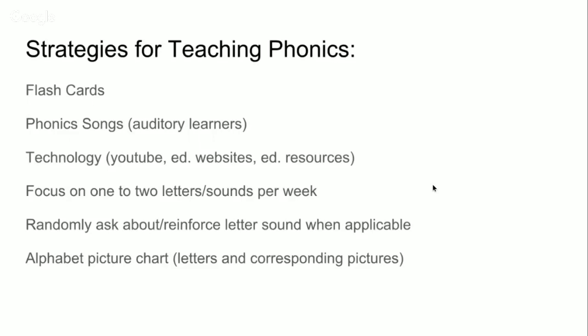You also have technology. You can utilize YouTube. They have a ton of videos on YouTube. The phonics song, the alphabet song, excuse me, is one of them. And they actually go into phonics at the end of that video. You have different educational websites like ABC Teach,